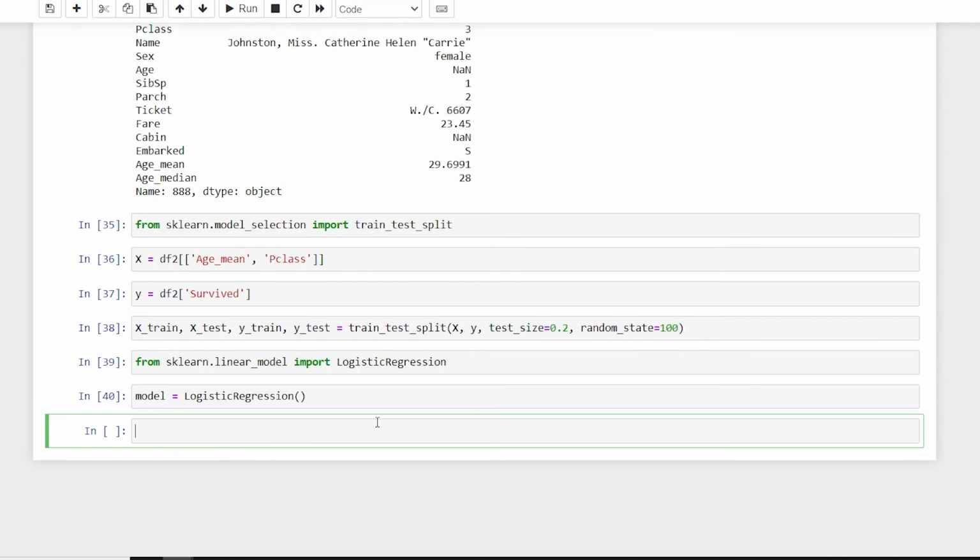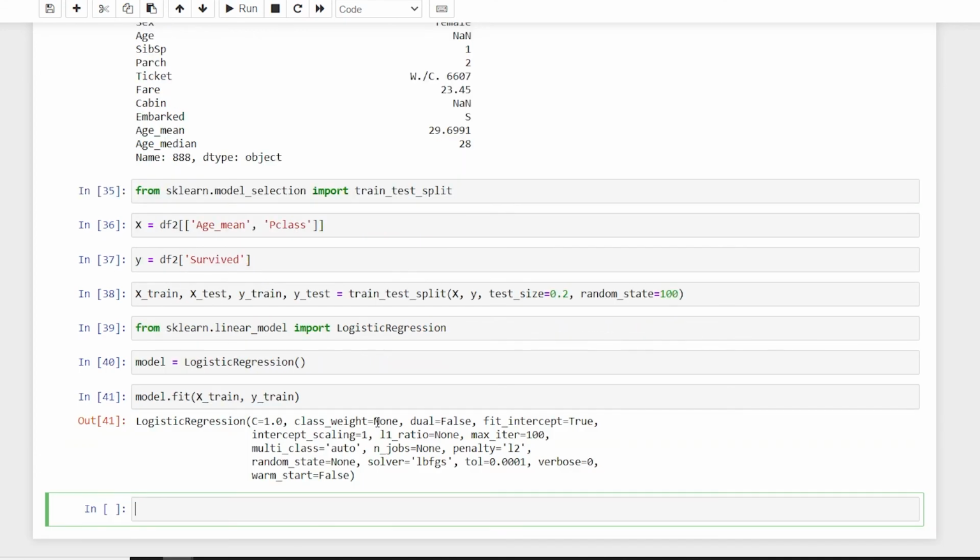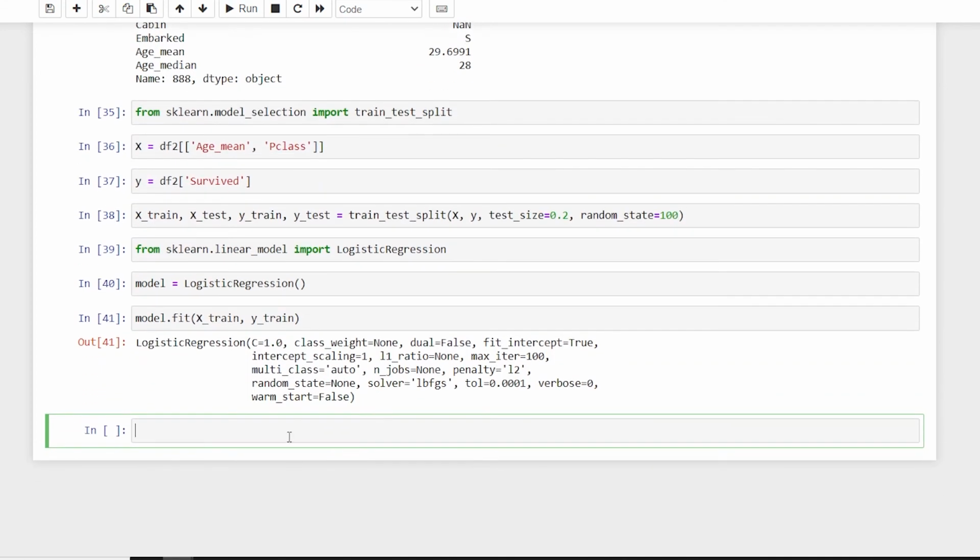And here I'll say model dot fit with xtrain. So now instead of using the age which had fillna as 0 values, we are actually using the age mean. Okay, I have done imputation with respect to mean.